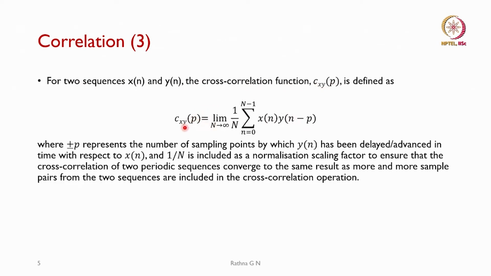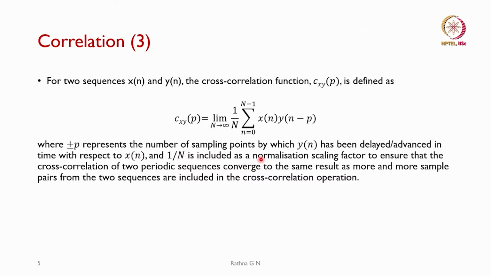What do we say? Cxy of p is equal to limit n tending to infinity, 1 by N, summation small n equal to 0 to N minus 1, x of n into y of n minus p. So, where plus or minus p represents the number of sampling points by which y of n has been delayed or advanced in time with respect to x of n, and 1 by N is included as a